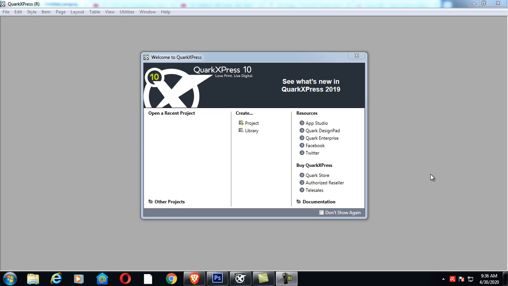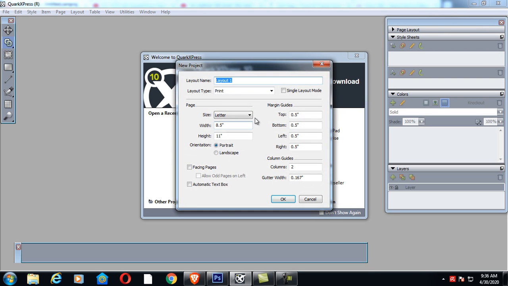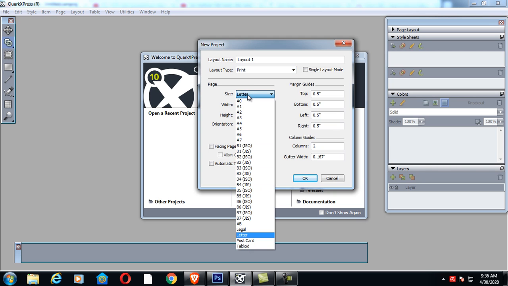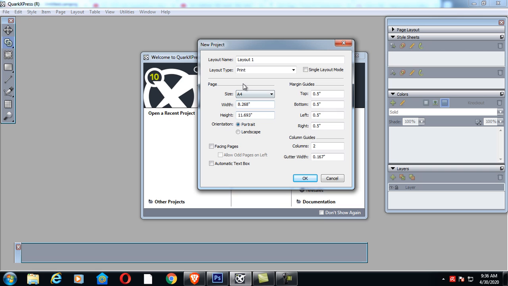Okay, good morning students. Now in this lecture we will see how to create a master page using QuarkXPress. For that, take a new project. Then it will ask what you want to create the project for, like web media or printing. So you can select any preset over here. If you select print, select the paper size, whatever paper size you want, and whatever number of columns you want in that.